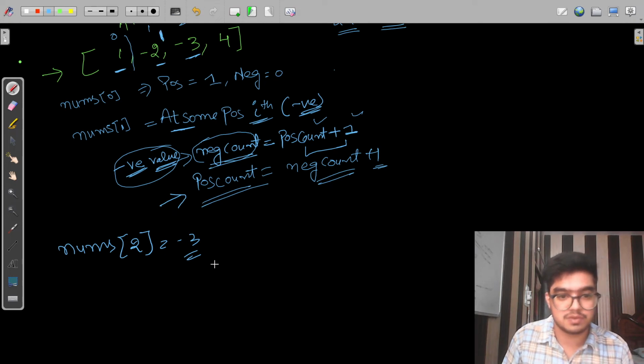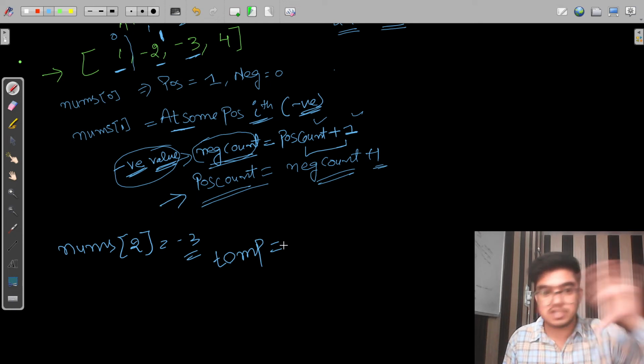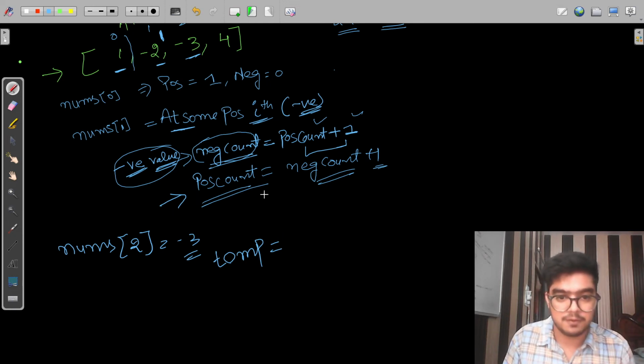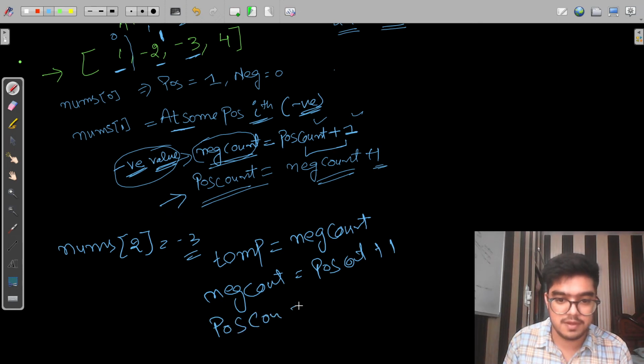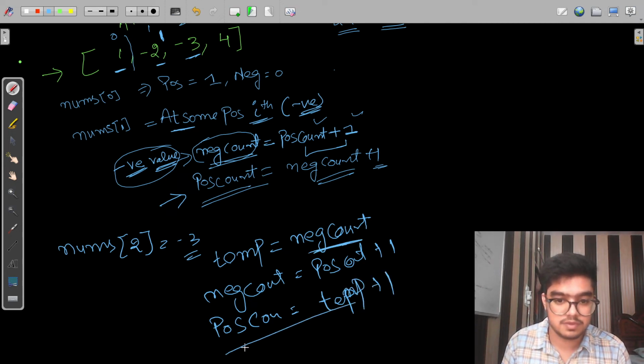So first we store it in another variable so that it does not change. Whatever negative count we have till that position, after that the negative count is equal to the positive count plus 1, and the positive count is equal to this old negative count plus 1. I think it is clear.